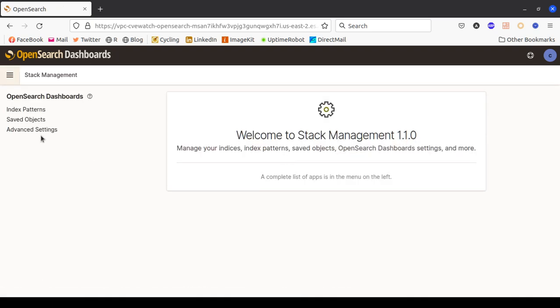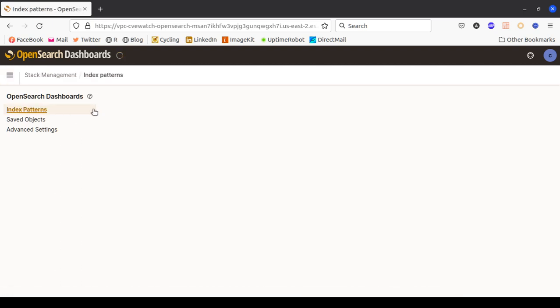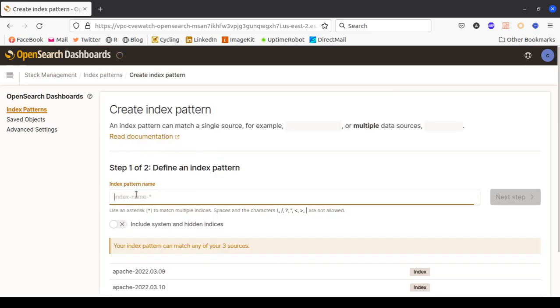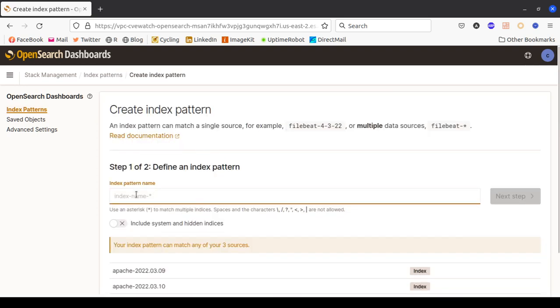Okay, now what we can do is check in the stack management. The one that I mentioned previously is about the index pattern. So basically we have an index that stores our data, and if you want to query those indices, actually we need to create the index pattern first. So to create an index pattern, we just need to open this stack management, index pattern, create index pattern, this one, and you can type any name that you want that still matches the pattern of your index.